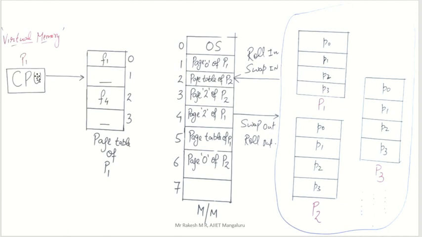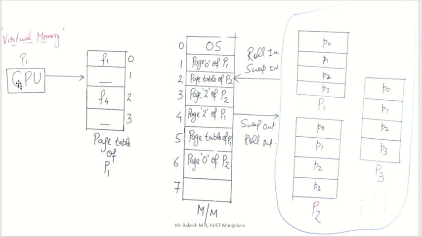Now the CPU will ask, I want page 1 of process 1. Yes, it is already updated. What is there? F7 is there. So directly it goes to the 7th frame. Yes, here we have page 1, so we are taking that inside the CPU. That is the concept. But here, do you know what a page hit is?